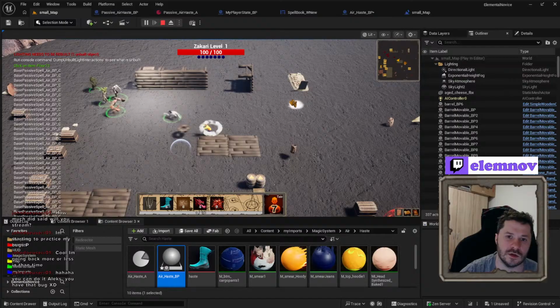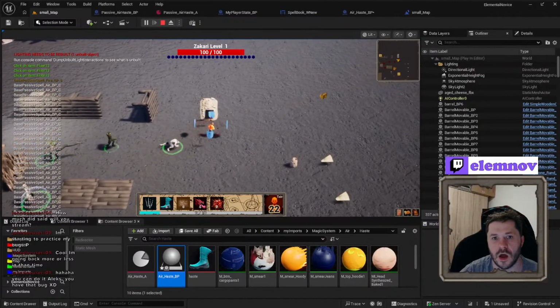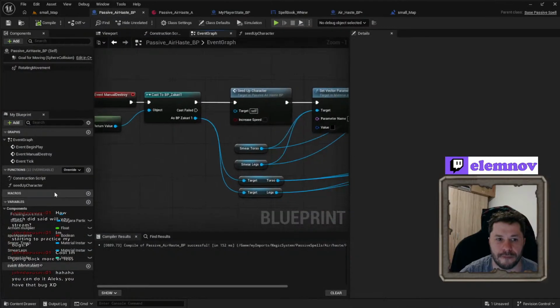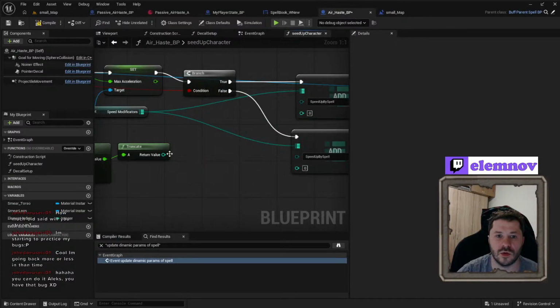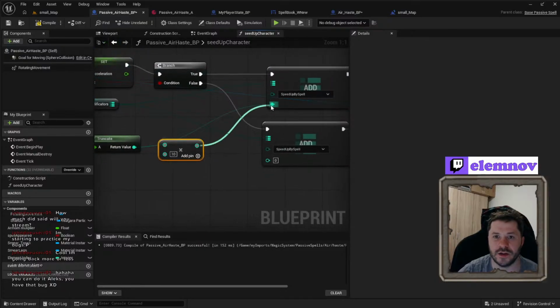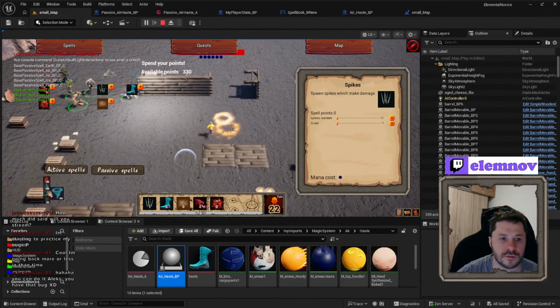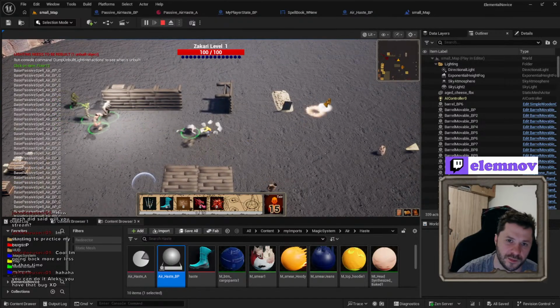So when I do this, and then I concentrate, I have some negative effect. And I don't see that the player runs too fast. Because I added it into the wrong blueprint. Silly me, I shouldn't do it here. I feel so good that I found those bugs. It was literally my problem, but